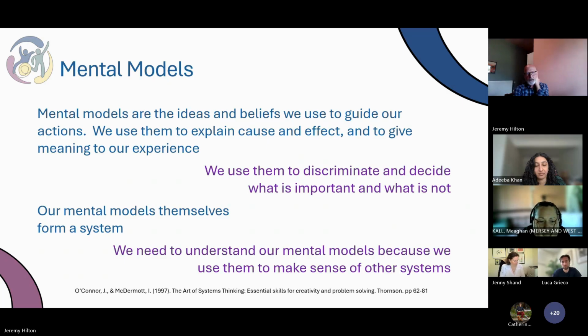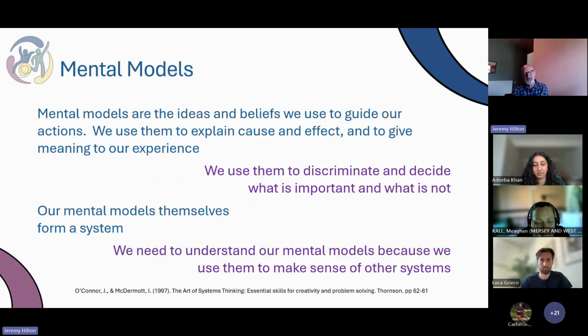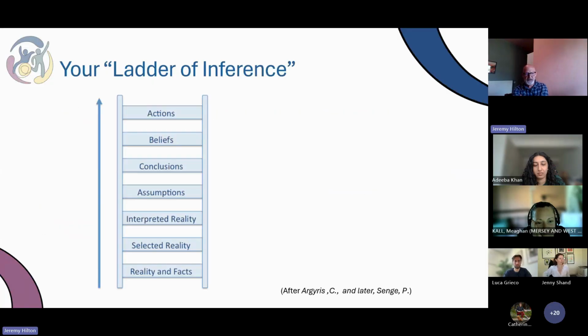And we need, in a way, to understand our own mental models and try and understand the mental models of others. And so we can use them to make sense of the system, certainly in complex systems. And that's what we're going to be looking to do. And that's the starting point of trying to build the shared understanding in SPROCKET right at the very beginning, to understand the range of mental models and why people think the way they do. There's another way you may have come across this, the ladder of inference, which Chris Argyris and Peter Senge had actually put out there. And it's quite simple to think about, really.